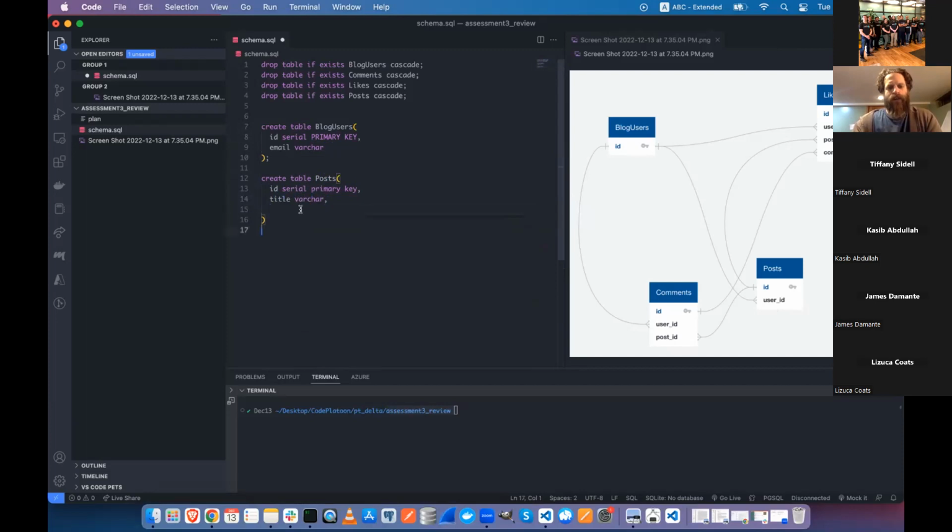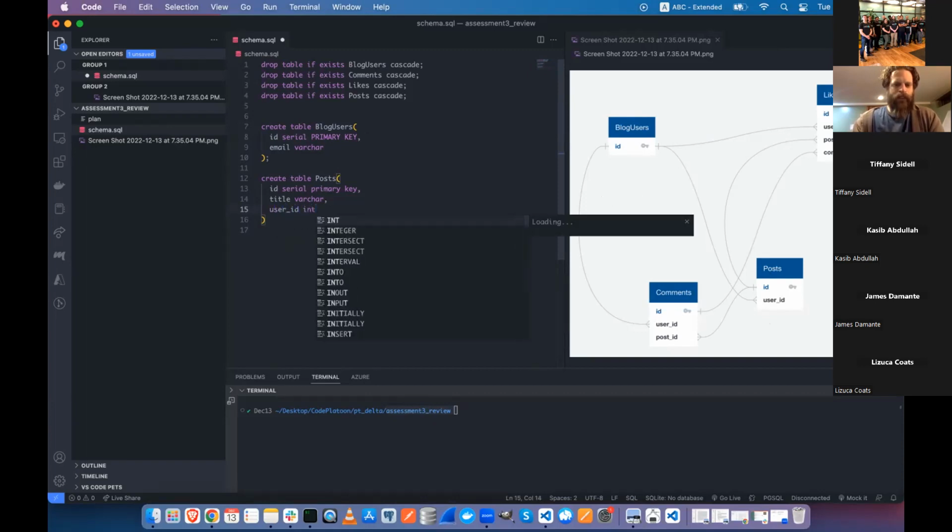So again, for all these models, I'm doing the absolute bare bones just to get something up and running. But you'll want to think a little bit about what a post should have. For the purposes of the assessment, don't go nuts. Don't make like 30 fields or anything like that. Just keep it mildly realistic, but the least you have to do in order to achieve that. Okay, so title, and then we'll have user ID, and we'll just define that as an integer. And then on the next line, we'll say